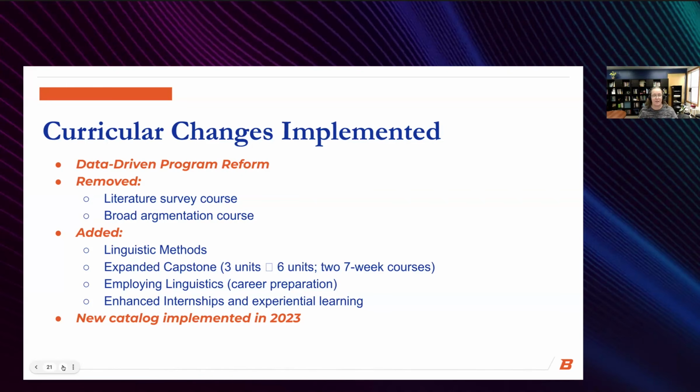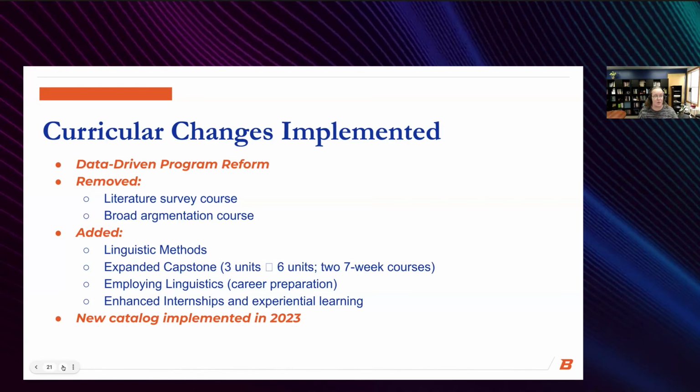And so far, we've had 2 different subfields of linguistics represented in our capstone. But the idea is that the advanced methods and capstone course topic would be changed over the years so that students have the opportunity to get a real deep dive into a single discipline where they really learn about the methods in that discipline and dive into a long-term project over an entire semester.